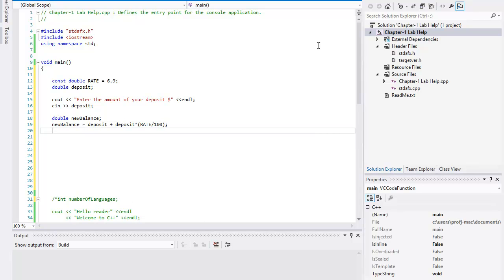So we're going to take the rate divided by 100 and multiply by the deposit to get the interest that they would acquire. Then we're going to add that to the deposit, and that becomes their new balance. Then we're going to tell the user in 1 year